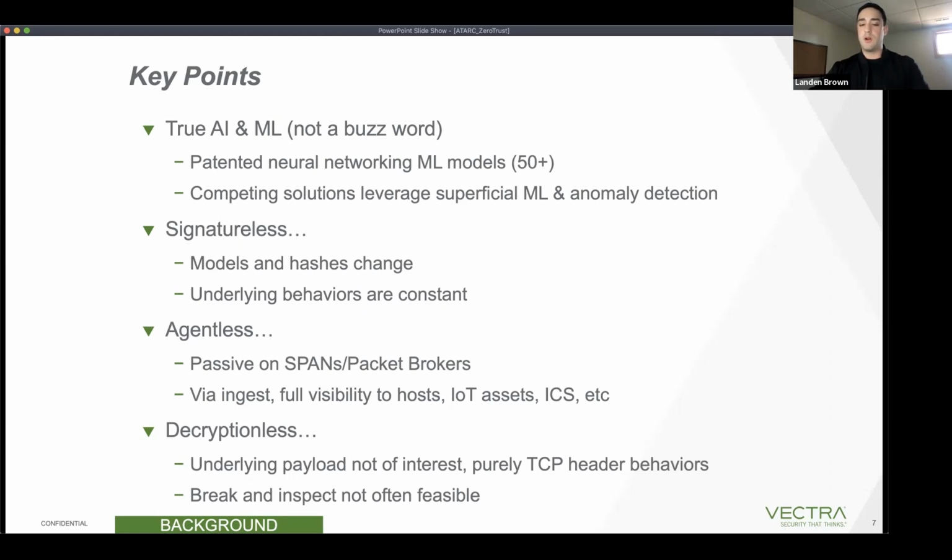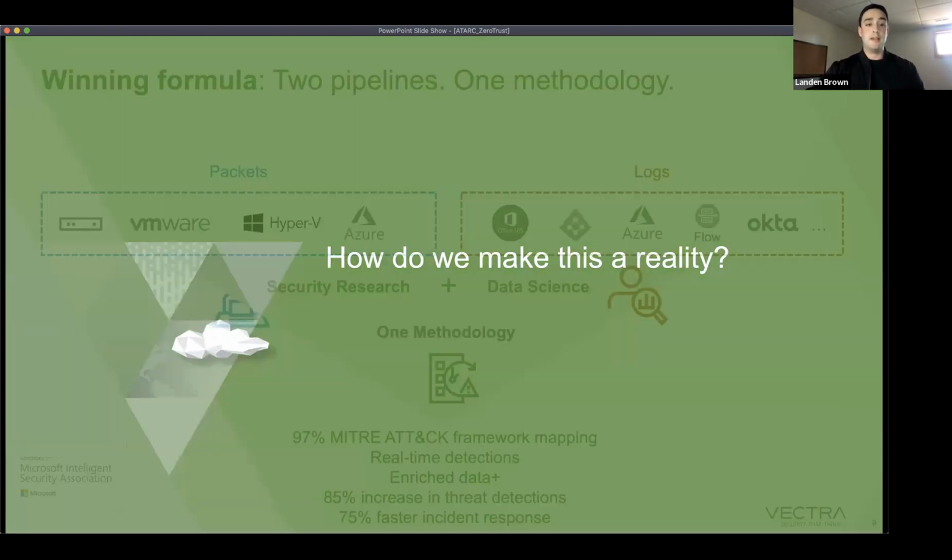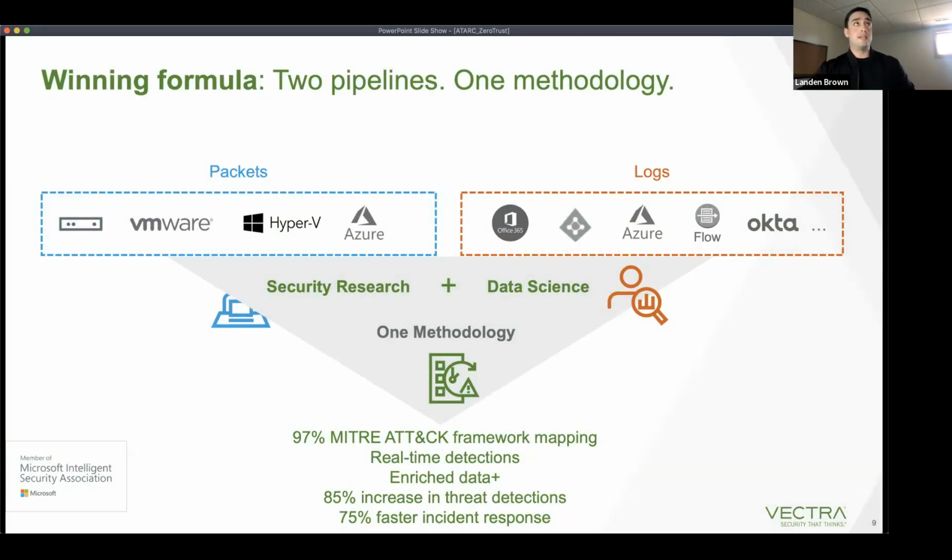We're purely focused on using the TCP header information to fuel our threat detection models. So how do we make this a reality? This is all great on paper, but how do we actually do it from a technical perspective and a political perspective inside our company? What we've found is that the most effective way to approach this problem is to